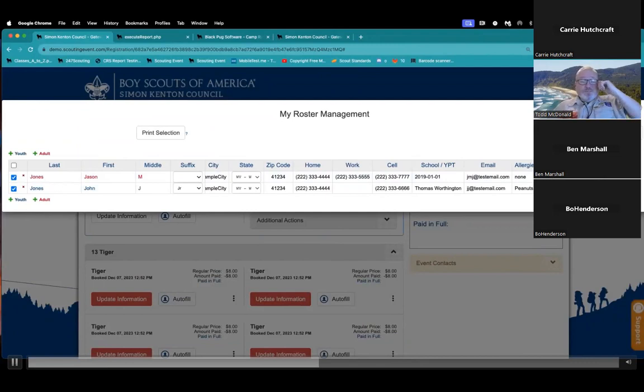And this can contain Scout members, you know, non-Scouters. If she's got like her mom that always comes with her, but she's not registered with the BSA, she could still have that information in, so she could pull it in if needed. This is what we call a personal roster, so it's maintained by the person who owns this account, and they can have whatever they want in it.